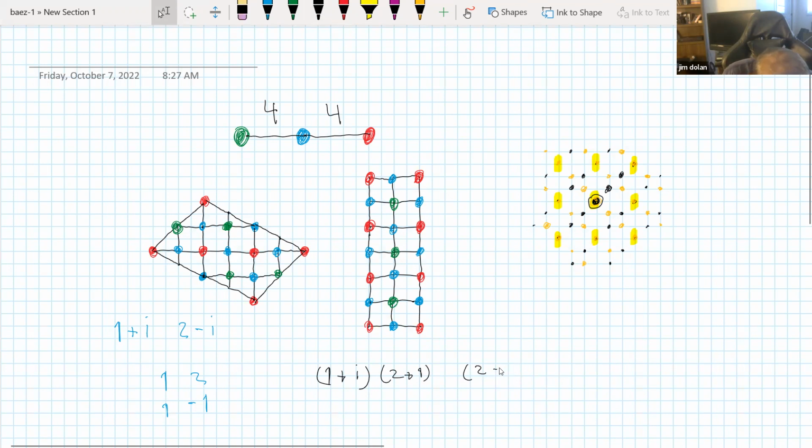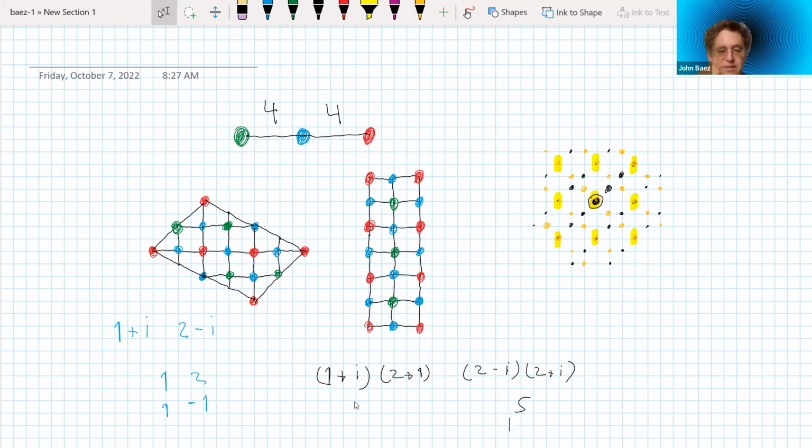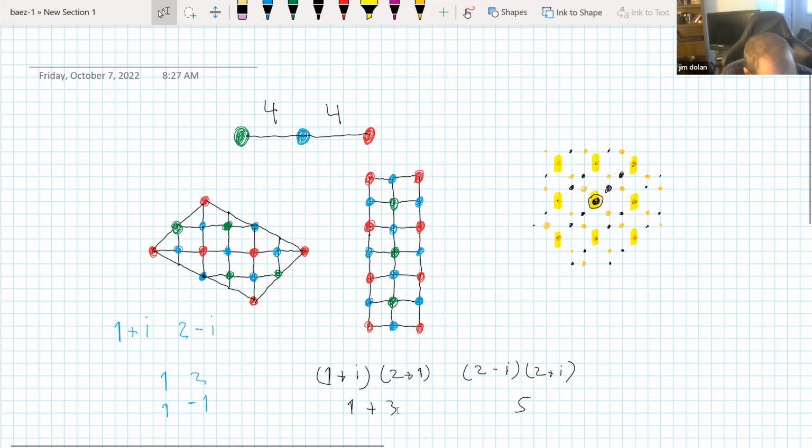Two, what is it? 2 minus i times 2 plus i. So that one is 5. That one is 5. And what is this one over here? It has a 3i in it, it's like 1 plus 3i. And 1 plus 3i is like